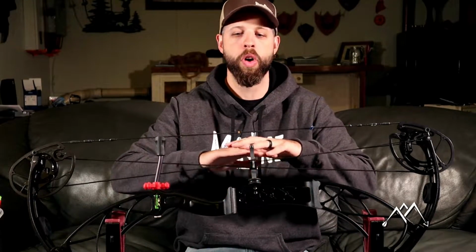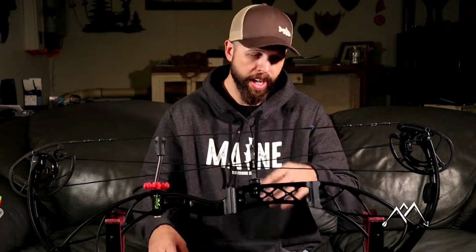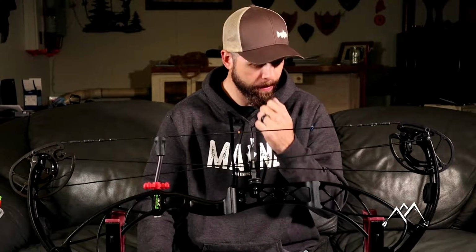Today, we're going to bring you through the whole process of how I set up my bows at home. Again, I'm not a professional tuner by any means. But this is all stuff that you can do at home by yourself, fairly easy. The only thing you might need is to bring it to a bow press to actually put your Peep Sight